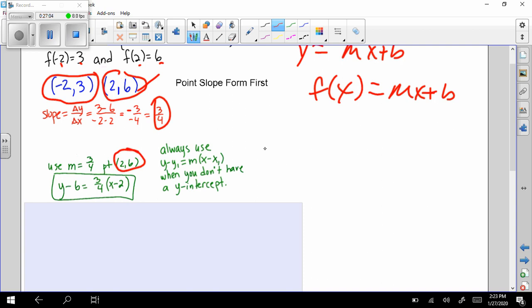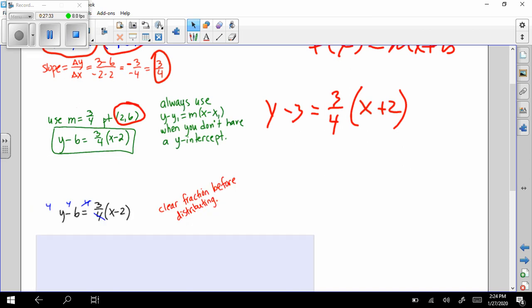If I use the other one, I would have y minus 3 equals 3/4 multiplied by x minus the negative 2, which is plus 2. Either one of those,